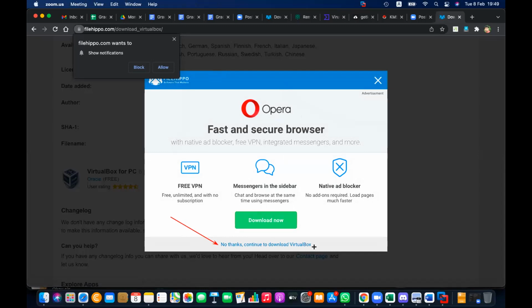So can you understand how tricky these websites are? Yes, sir. Right? That's why I always advise you to check it, read it. Don't just click, don't be hurried, don't panic. Because if you panic, if you are hurried, you will end up installing some other software. You wanted to install VirtualBox, but you will end up installing Opera. Then what you have to click? You have to click no thanks. Please download VirtualBox.